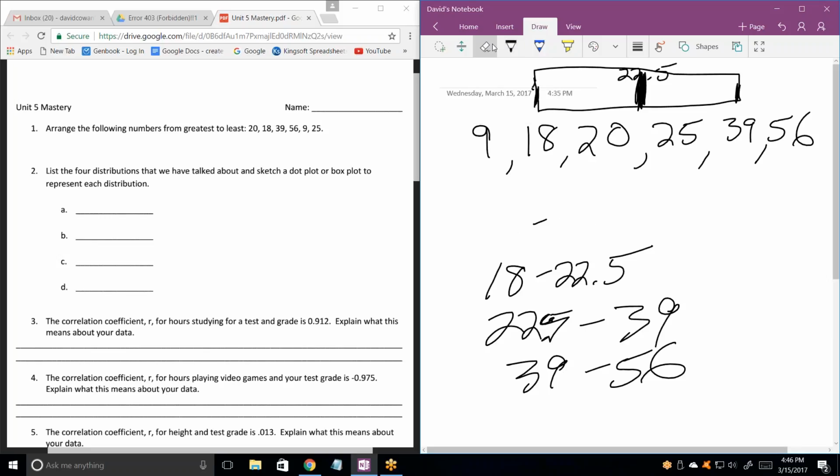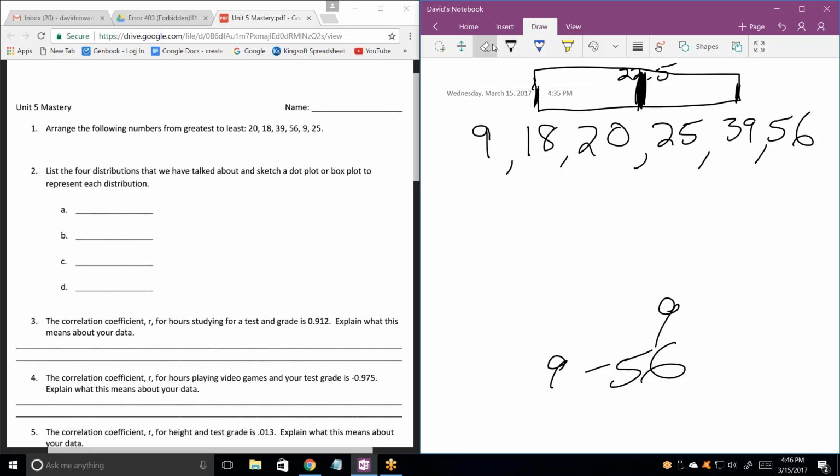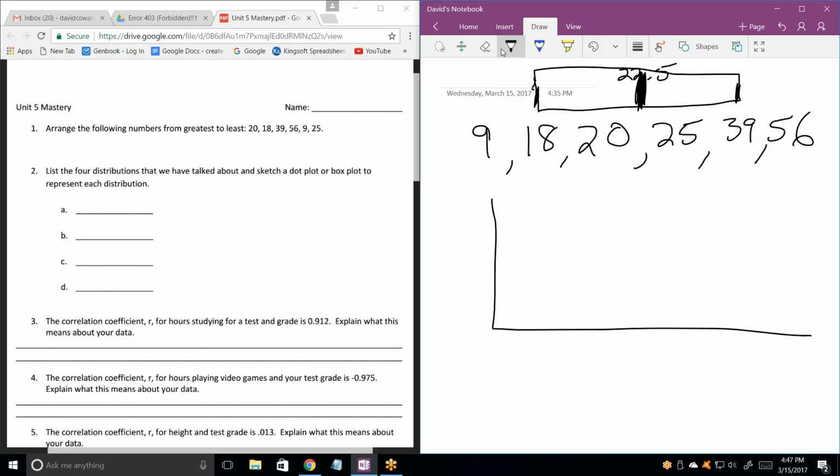Now, what must they be talking about with their four distributions? Could they be talking about a normal distribution, a skew distribution, a left leaning, and a right leaning? Probably. A dot plot or a box plot? Is a box plot the same as a histogram? Oh, yeah. Okay. If we're going to draw a histogram of this,